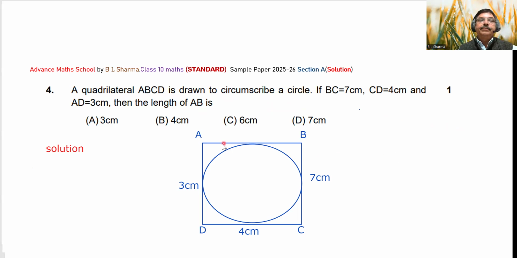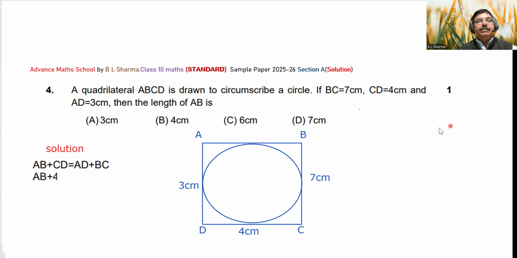will be equal, means AB plus CD will be equal to AD plus BC. ऐसा क्वेश्चन आपके एनसीईआरटी बुक में भी है। So now it is very much clear, 3 plus 7, 10 centimeter, and the sum of these two opposite sides AB plus CD will also be equal to 10 centimeter. So this is 4 centimeter, so this will be 6 centimeter। AB plus CD should be equal to AD plus BC। ऐसे क्वेश्चन सब्जेक्टिव में भी आ जाता है, वेरी वेरी इंपॉर्टेंट क्वेश्चन।